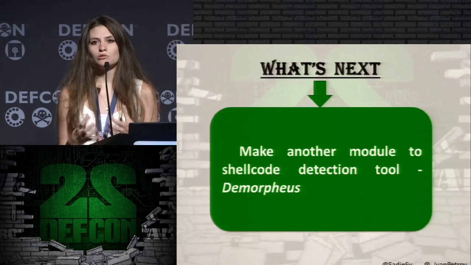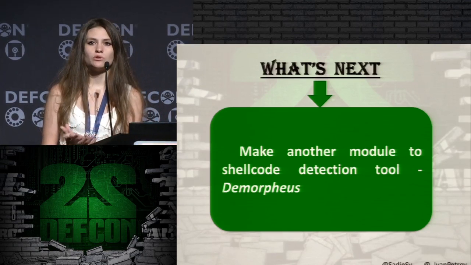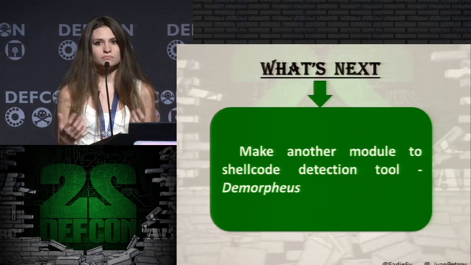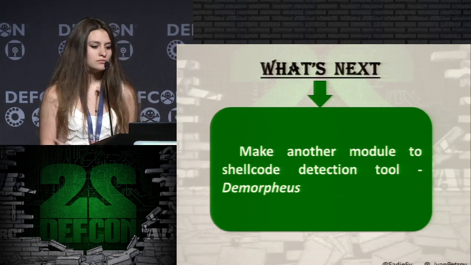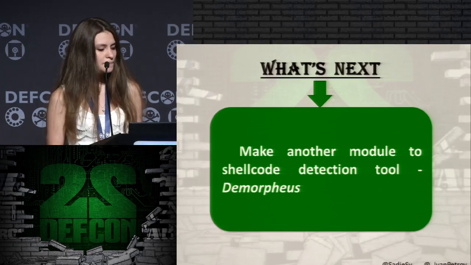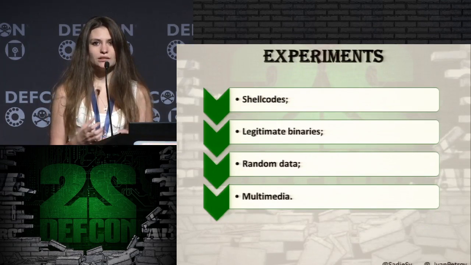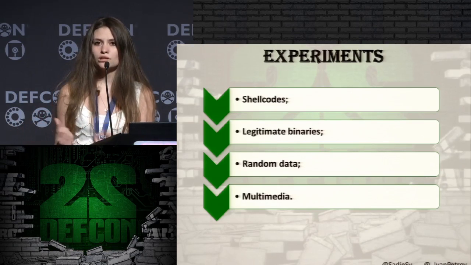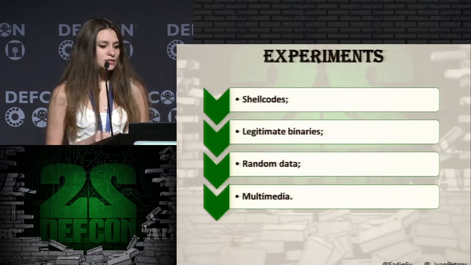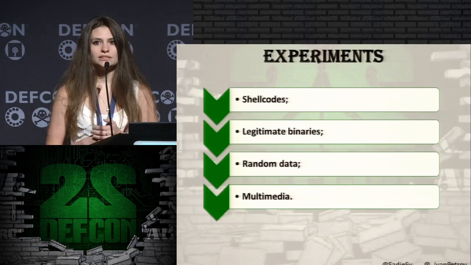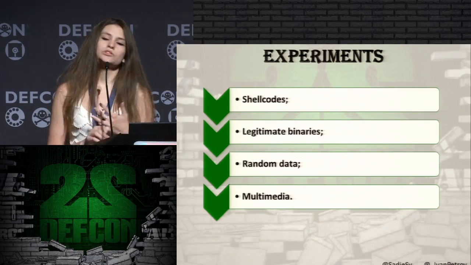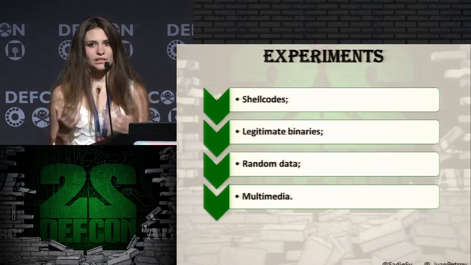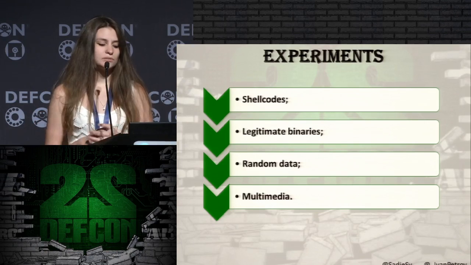As I mentioned before, our previous work focused on shellcode detection for the x86 platform. We implemented it as an open source shellcode detection tool called Dimorphos. Here we extended it with a model which works with shellcode for ARM. Our experiments were on 4 data sets. They were shellcodes collected from public repositories like ExploitDB or Metasploit as well.